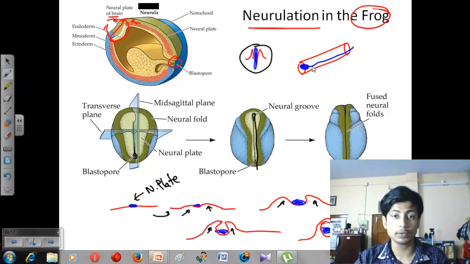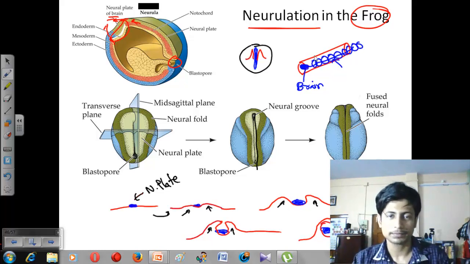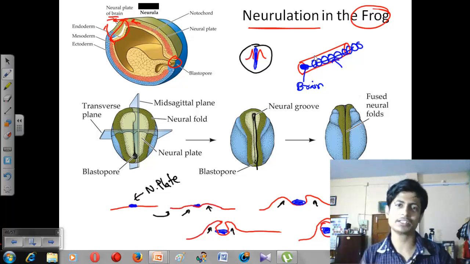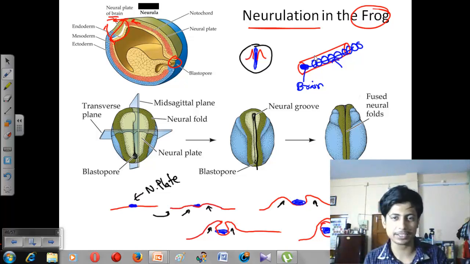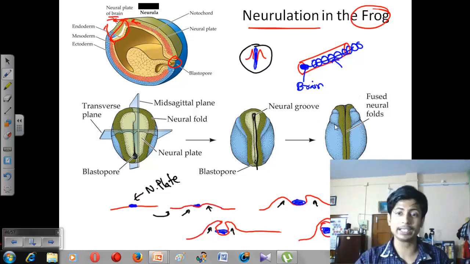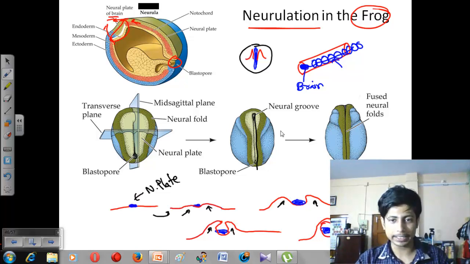That neural plate will in future develop into the brain, and the rest will develop into the other neural system, the central nervous system content. It will develop into the central nervous system, and other cellular structures will give it rigidity, just like our backside. If you just imagine, in the dorsal side of ours, we have the same thing. This is how the neural condition generates, because in the case of the frog, the engulfment is done properly,